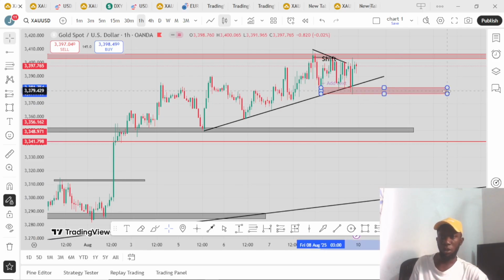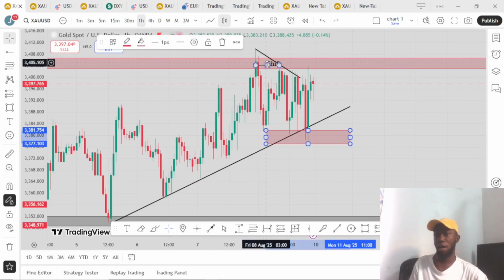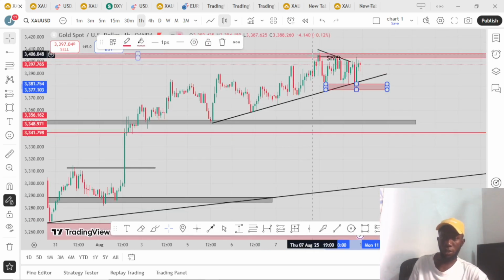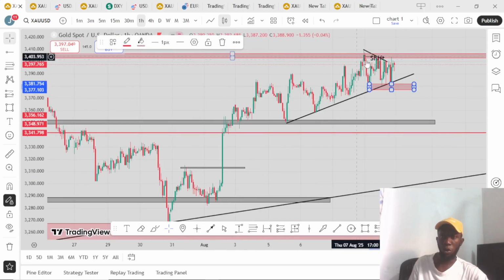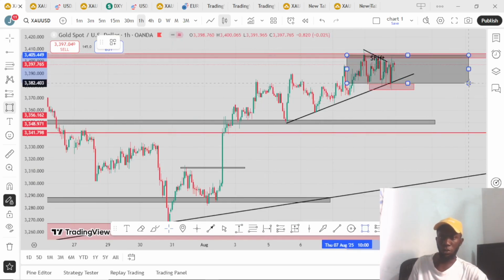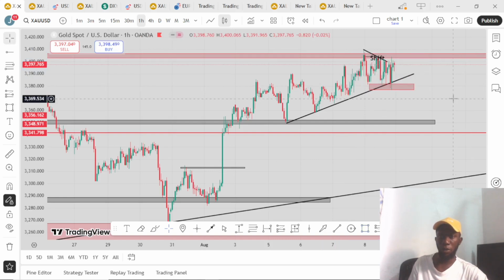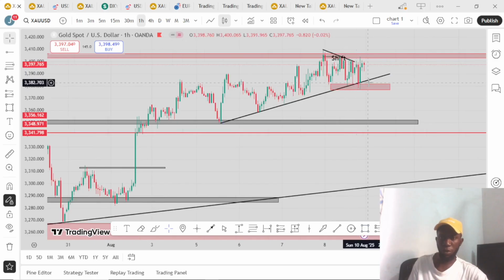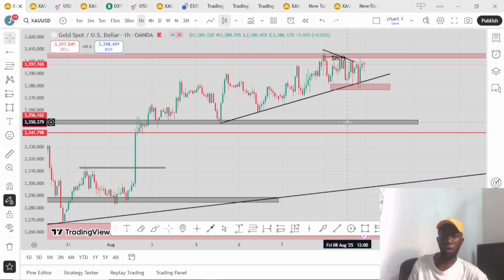This is the zone, let's use this zone as our lower low, and this zone now is our higher high. So what we are expecting is to see what gold's reaction will be on this zone here, from this particular zone to this zone. Now what we are expecting is what price will do based on these two particular zones. Now if price should break here, the next thing that we expect on gold is to reach this zone of 3350.379. This is what we are anticipating, but if it should break this zone of 3405 point,